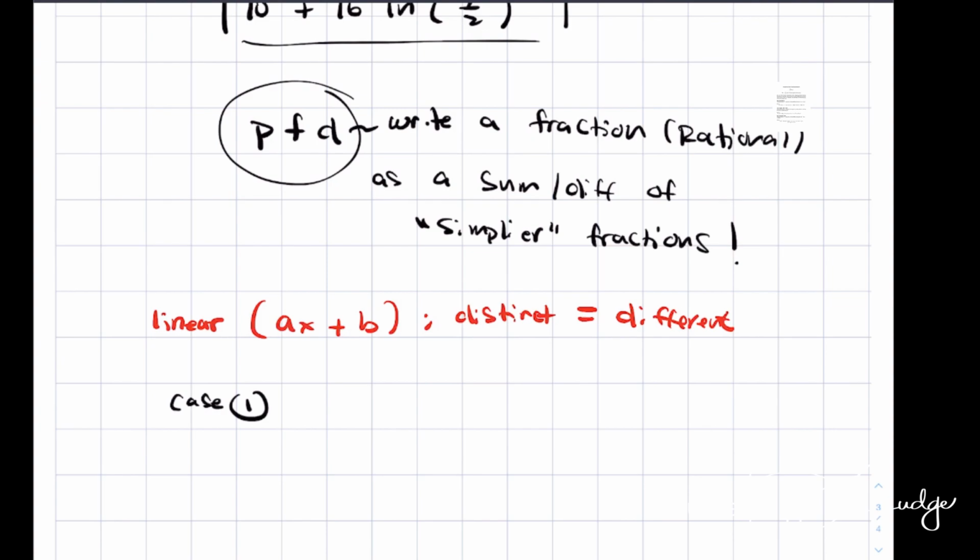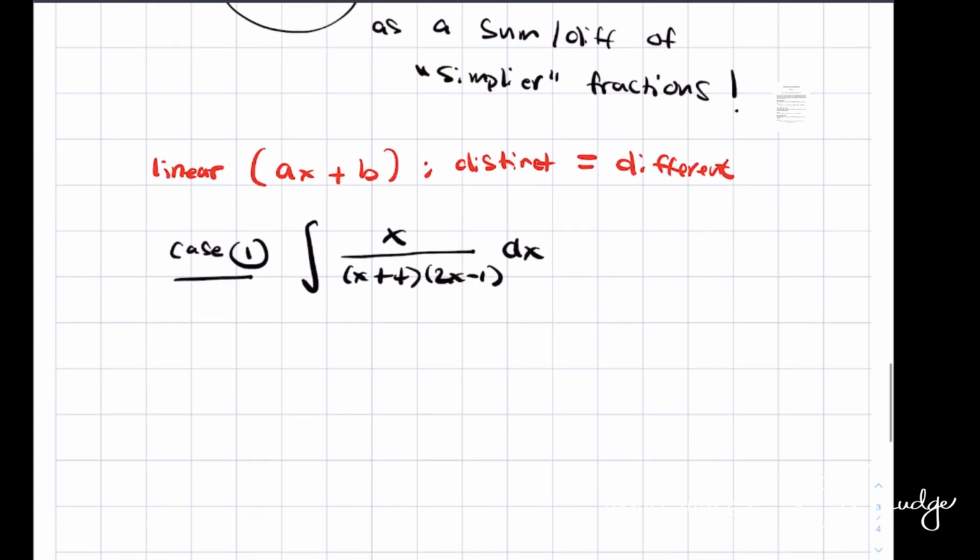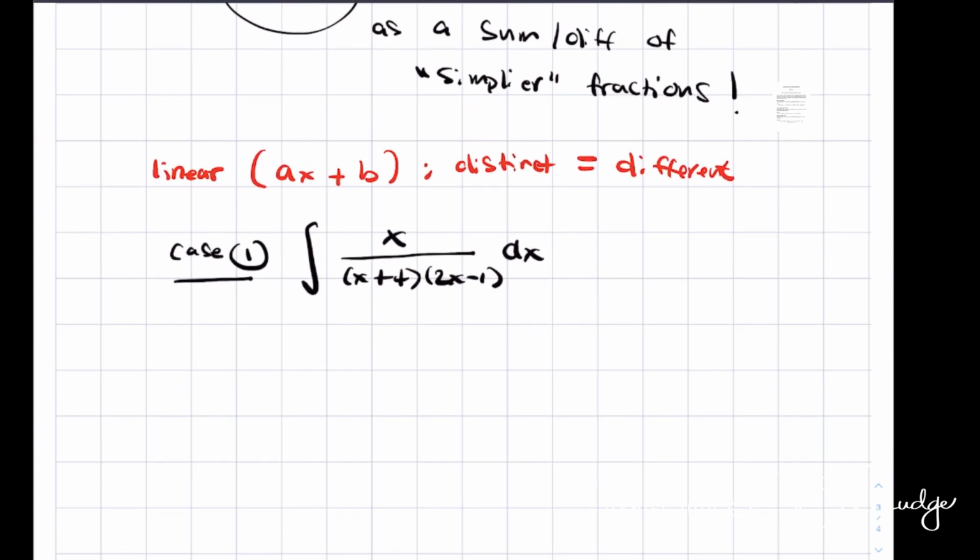Here's what they mean. Okay, here's an example of what we call case 1, and here's what we're talking about. If we look at the bottom here,